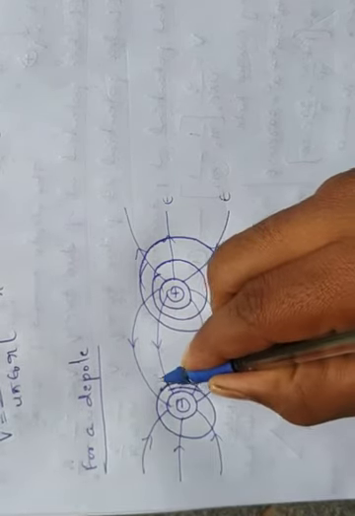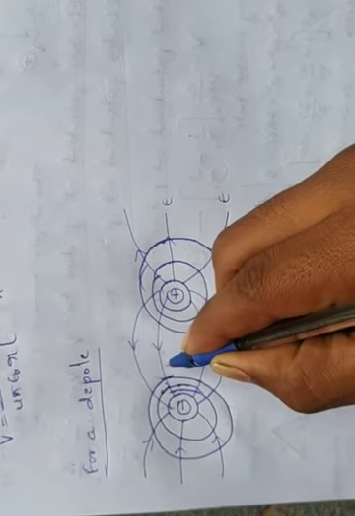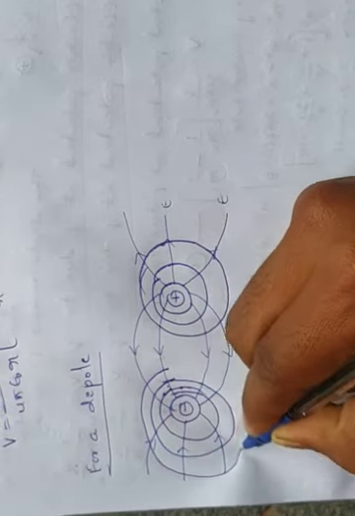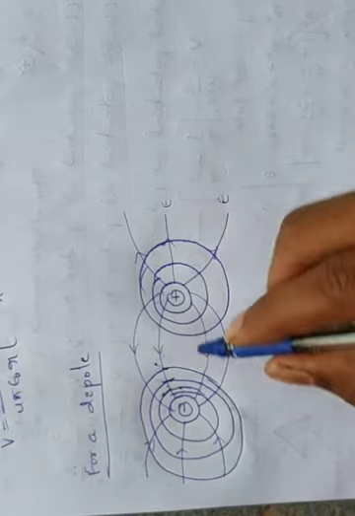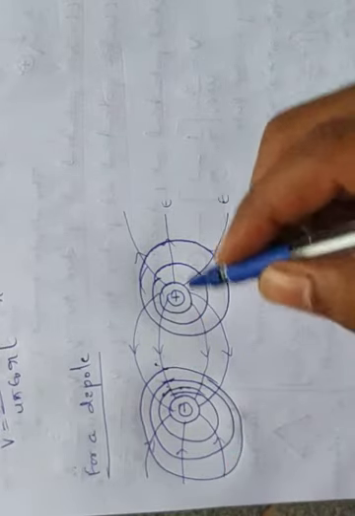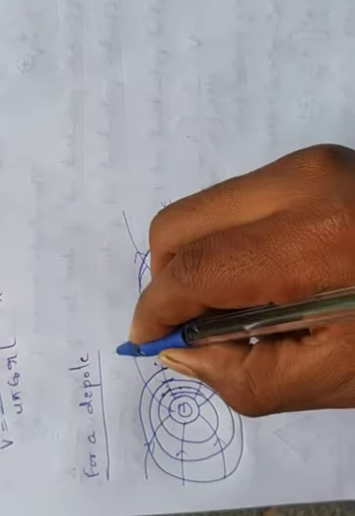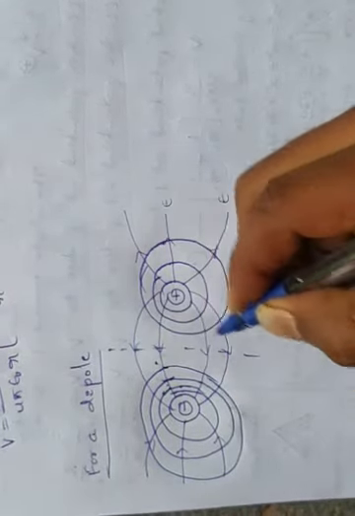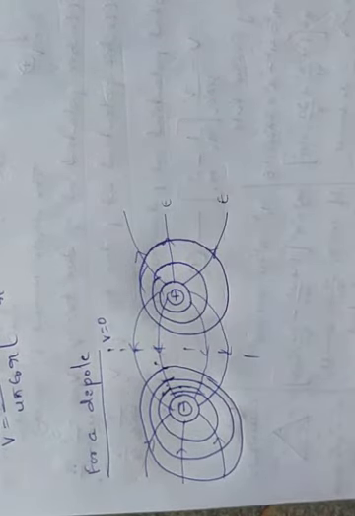Okay, so next, like this, again like this. So what happens? The space goes on increasing on either side. And if you measure at the middle, what is the potential? Potential is zero. In the previous class we already did the derivation for that. The potential on the equatorial line due to the dipole is zero.